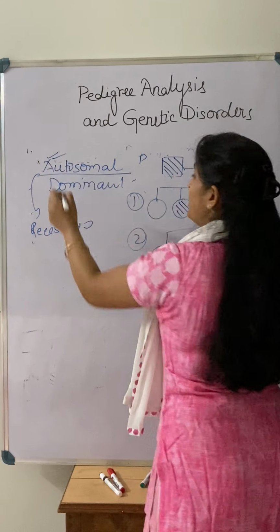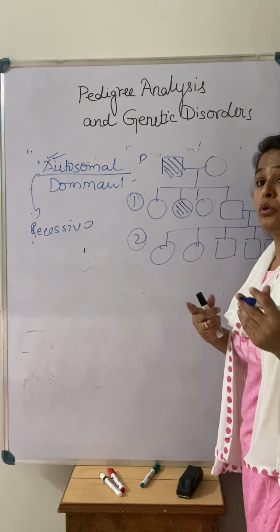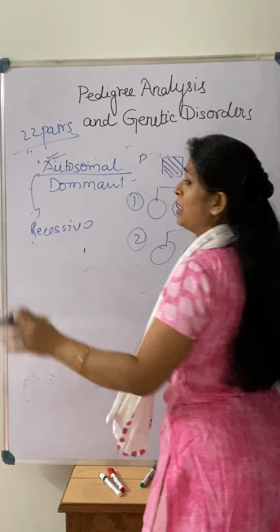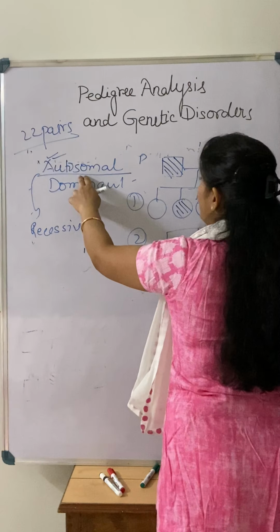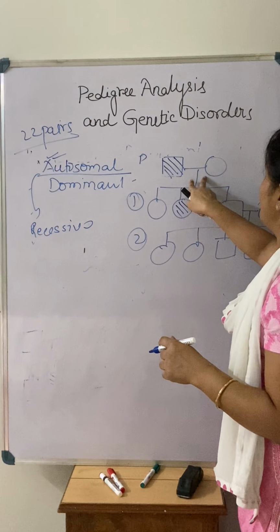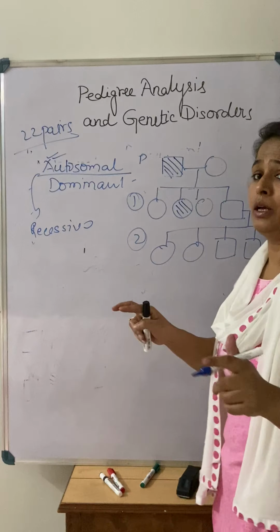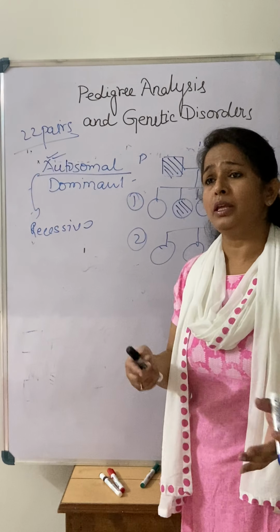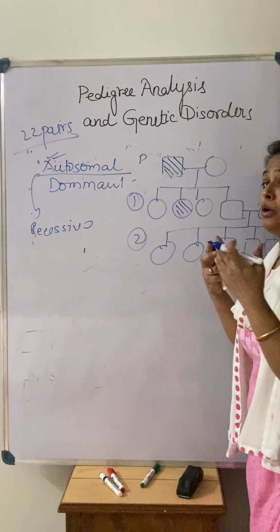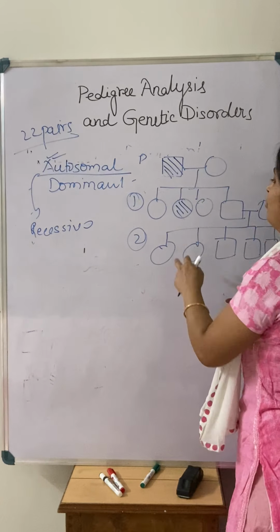In autosomal, we are talking about the autosomal chromosomes, the 22 pairs of chromosomes, and these chromosomes are the same in male and female. So when we talk about an autosomal disease, we are not concerned about whether male and female are fusing. If the autosomal condition is there, the probability of a male and a female child is equal. So this is the third thing.